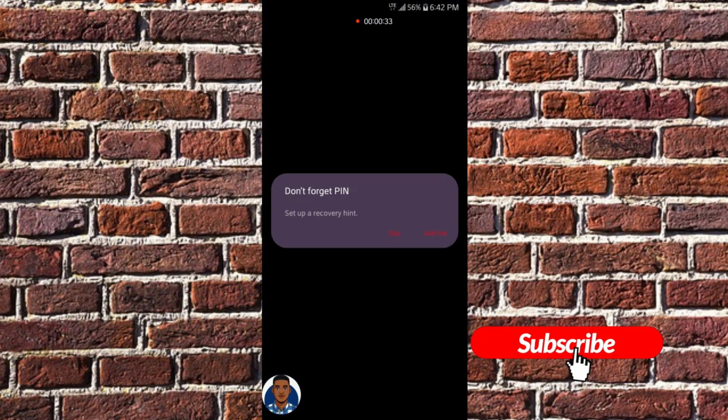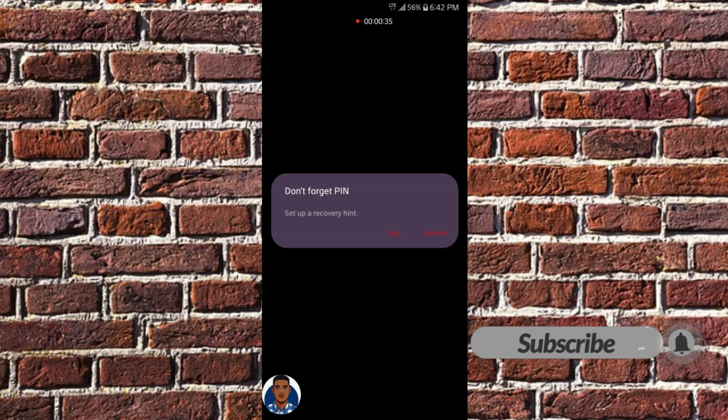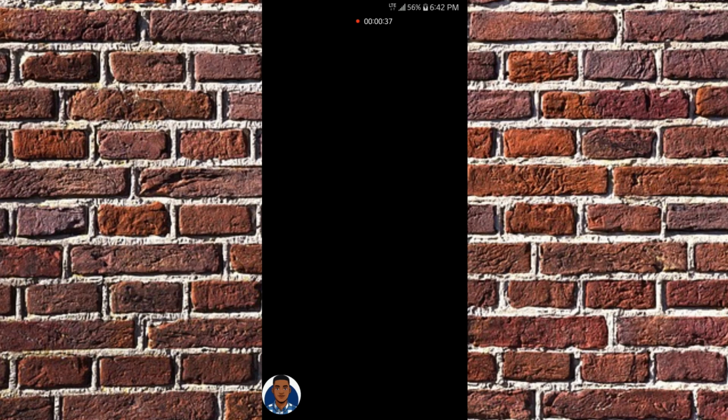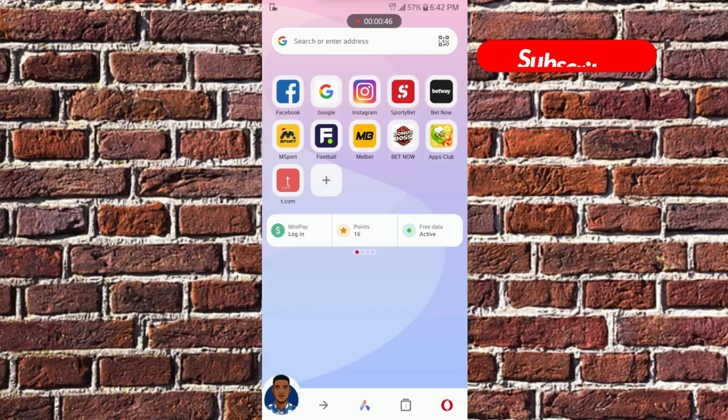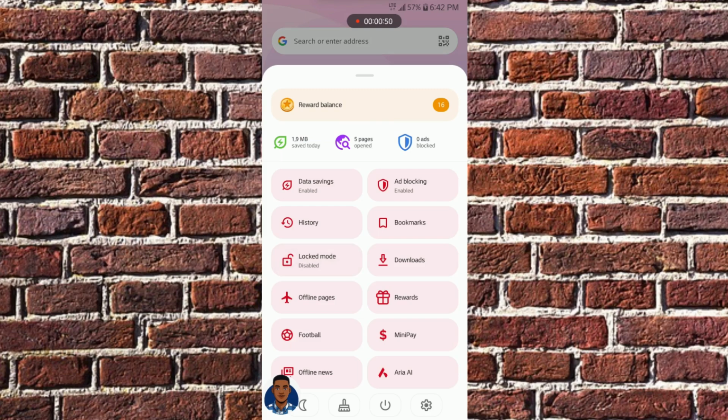So now setup recovery, just skip that. Good. So right now I'm in the locked mode. You get it. It's been turned on. So to turn it off, you just tap on it again once here to turn it off. You get me? So to turn it on, you come here and then you just turn it on like this,